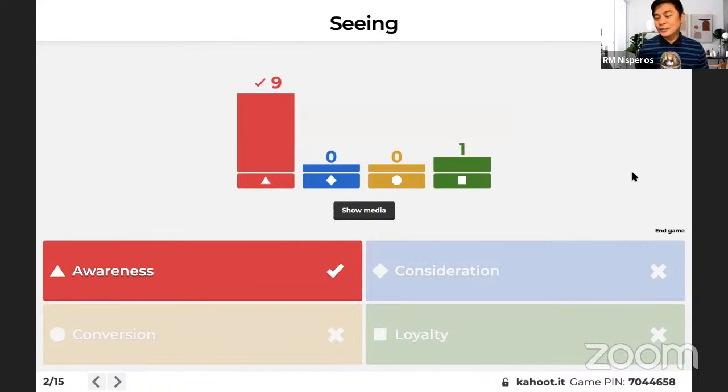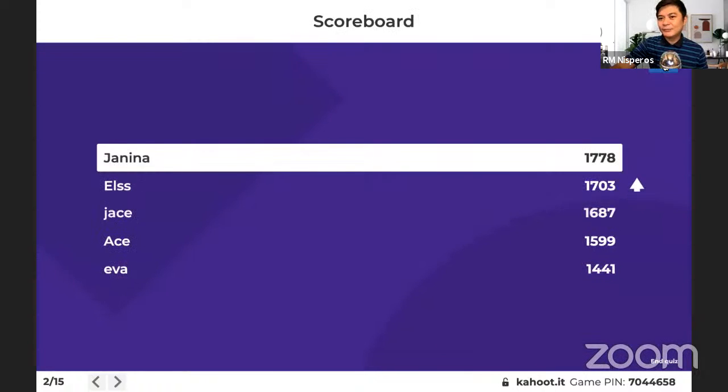So, that's an example of seeing. You saw something na pinush sa'yo through a paid ad. And when you got interested, you search. You search something to reinforce yung kung bibili ka nga o hindi.